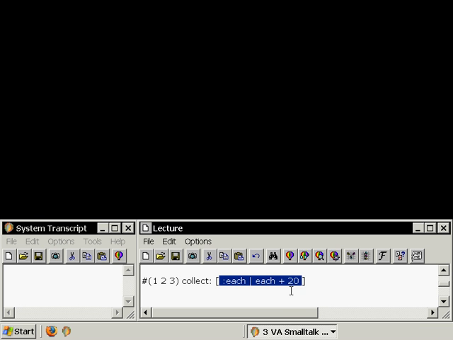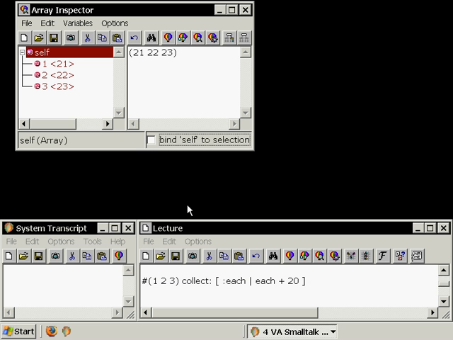So what do we do with each element of our receiver? So we add 20 to it. And what shall we get as a result? We should get a collection of the same type as our receiver. So we have an array, we should get an array back. Same size, 3 boxes as well. But contents of these boxes may be different. Take a look. Yeah, we have an array, 3 boxes, but inside of these boxes we have 21, 22, 23. Of course, because we took a current element, we add 20 to it, and that result was stored in our